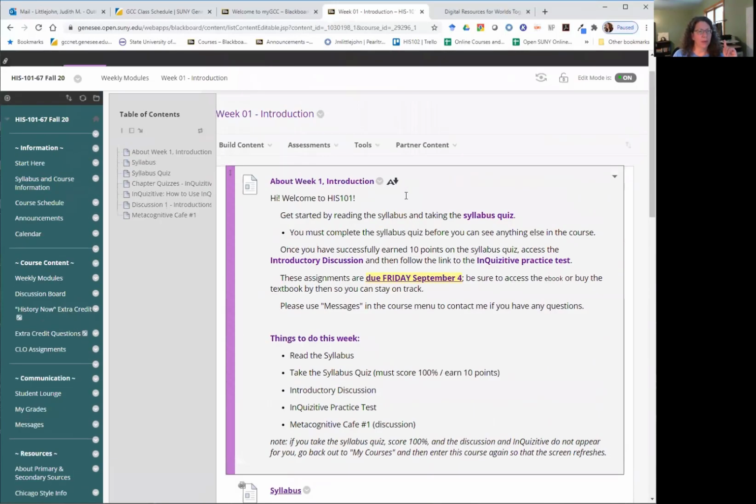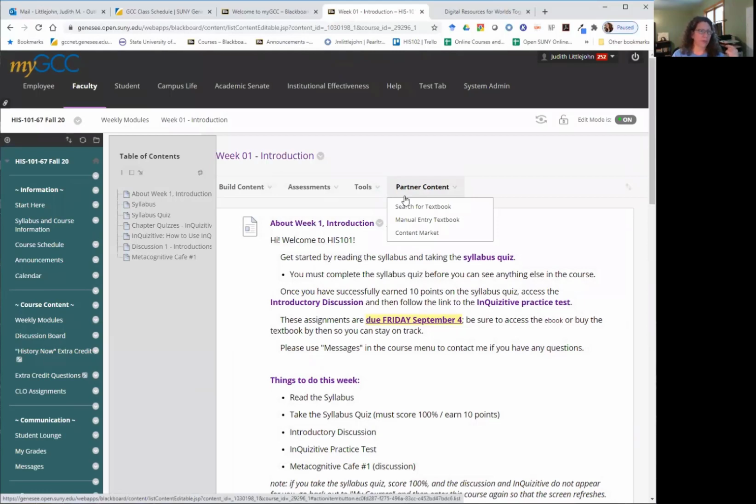So as the student, in your view, you're going to see the table of contents, and for you, this is hyperlinked. So you can just click on the thing you want to do. Always read the about first, and then kind of go through it in order to get your foundational knowledge so you can be successful in the CLO assignment. That's the best way to do it. So when you first open a week, go through it in order, but then throughout the week when you want to go back and forth and do assignments or take the quiz or what have you, then you can just click right onto the thing you want to do and go to it.